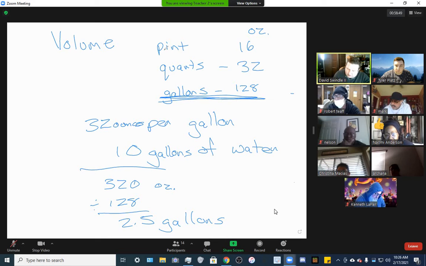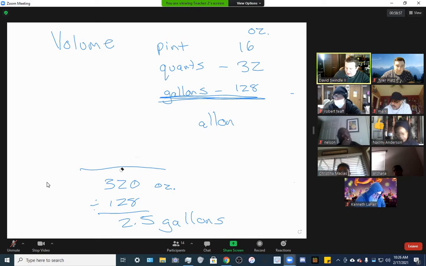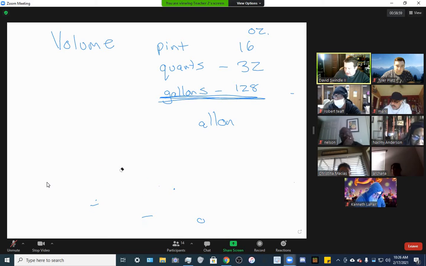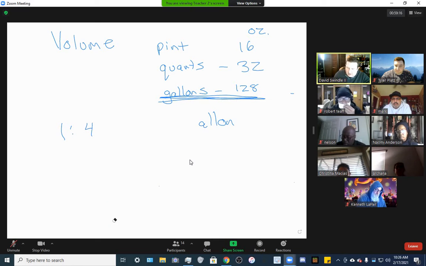So let's do a few more because I want to make sure everybody's understanding this. Because right now, all we're dealing with is just understanding that. And I'm going to help you with this a little bit further. Let's understand that when we are working with ratios of any part, we're talking about parts. It doesn't tell you what the unit of measurement is. A ratio is simply one part to another part,